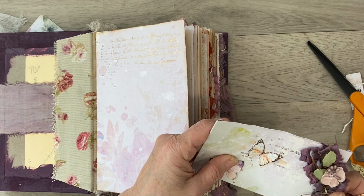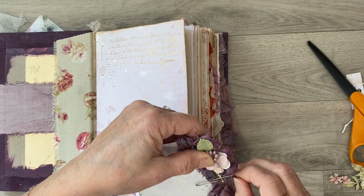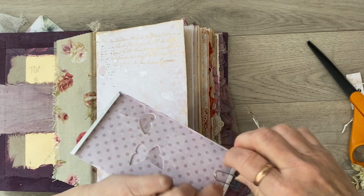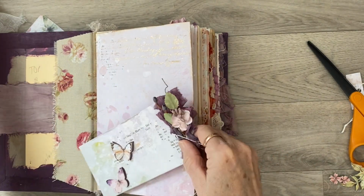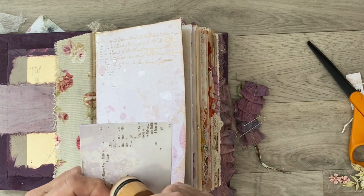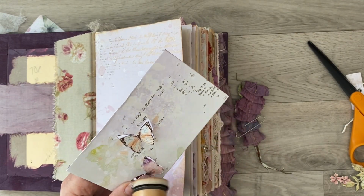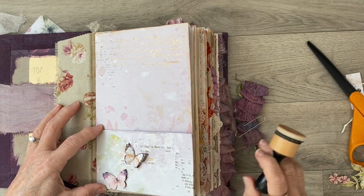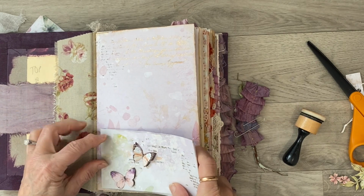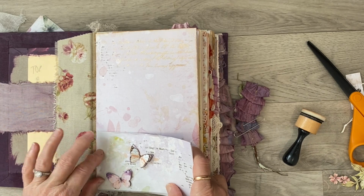I think I might have to stitch these flowers on. So I've cut around these butterflies so they stick out. So they're sort of 3D-ish. But I do need to make this pocket a little bit smaller. It's still too big. So if that's going there, because we want it a little way out from the hinge,